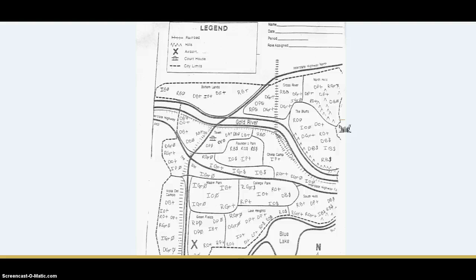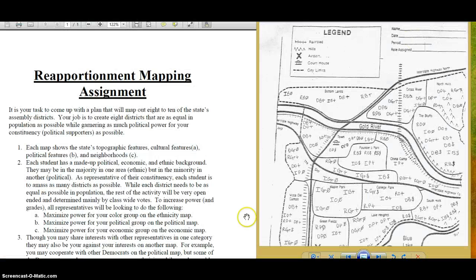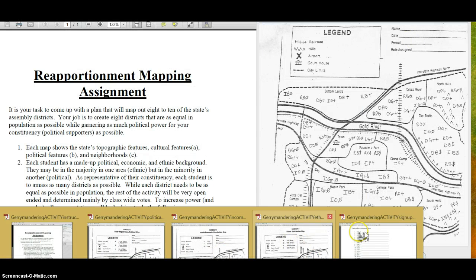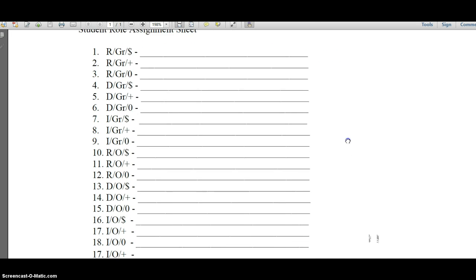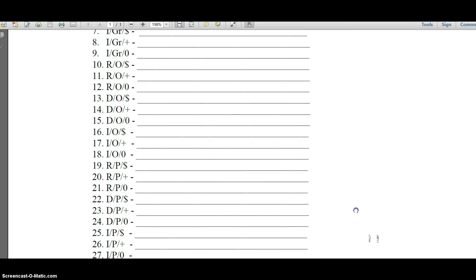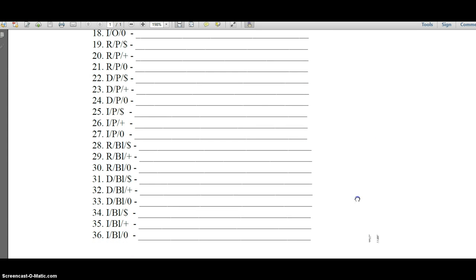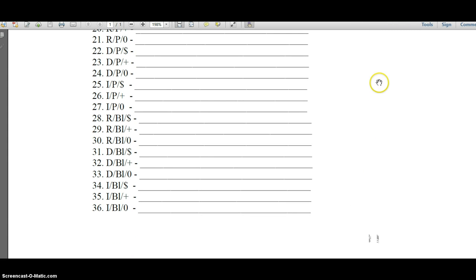So in some cases, they can draw out a district map that has a majority of Republicans in it. Other times, if they're Republican, green, and high income, they can find one district map that's going to benefit Republican, green, and high income, and so on and so forth. So their charge is, once they sign up for a demographic identity, and there are 36 of them on this list, they are to fight for district boundaries that benefit that identity.